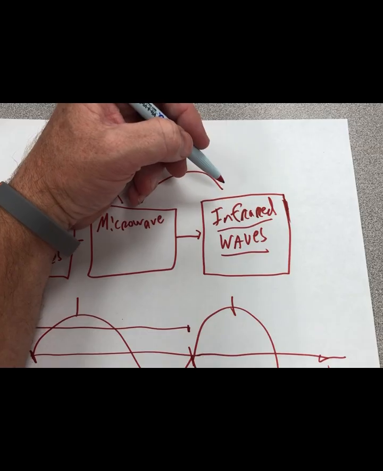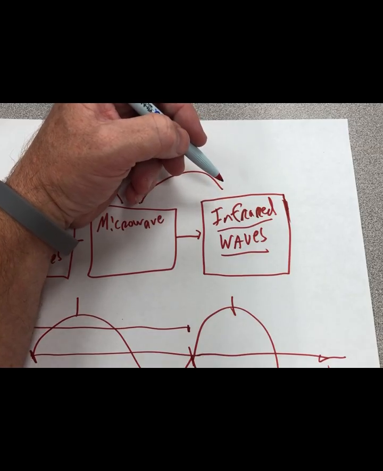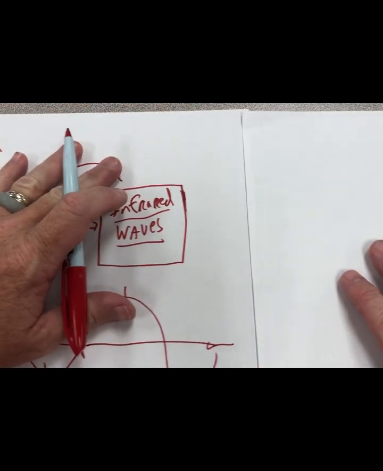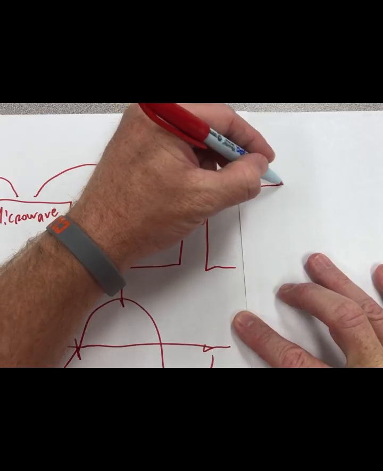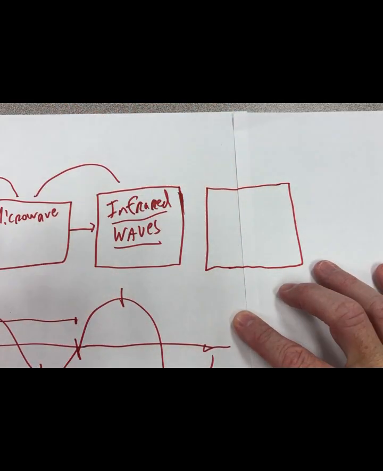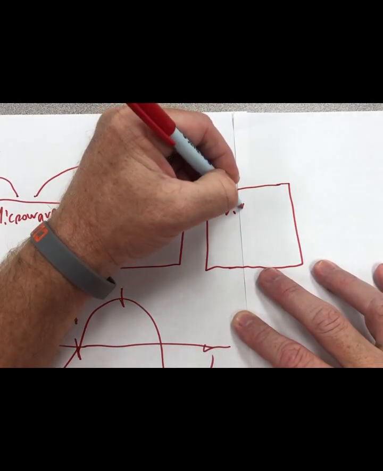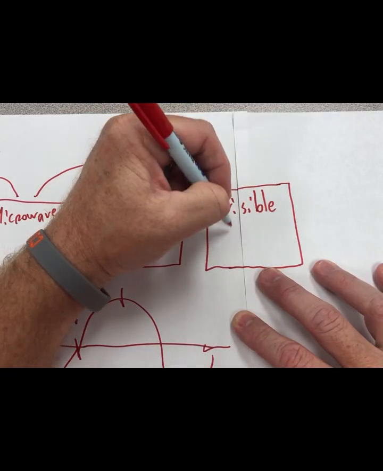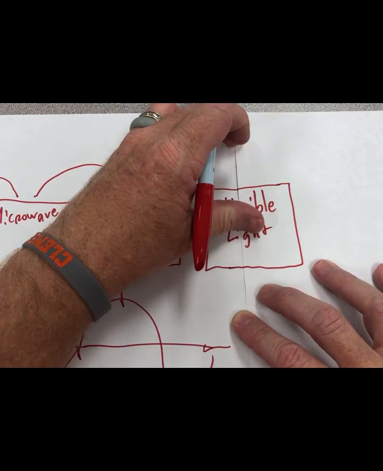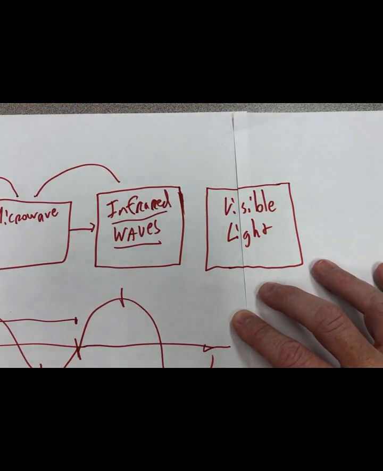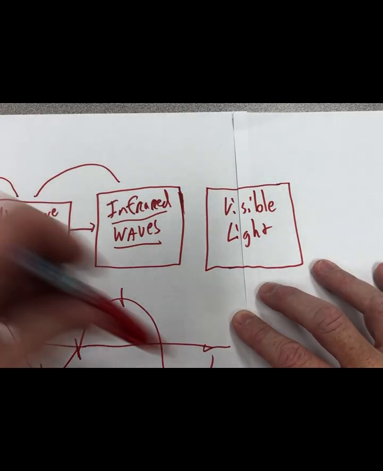Your next one is visible light. This is basically the middle area, if you will, or halfway point of the electromagnetic spectrum. Now, you're familiar with your color scheme, which is Roy G. Biv. That would be